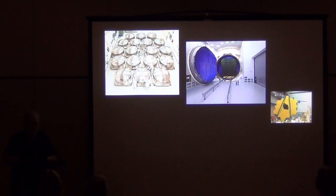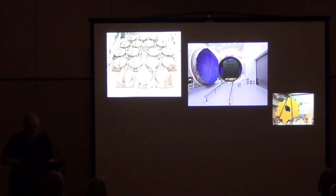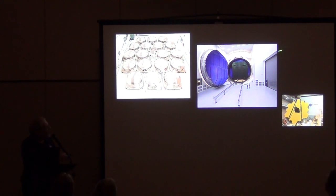So that was really, really something. So here are the 18 mirror segments in protective cases. The entire mirror, when it was assembled, was placed into this giant bake and shake chamber, pumped down to near vacuum, refrigerated down to almost 0 degrees Kelvin, almost absolute zero, as it would be out in